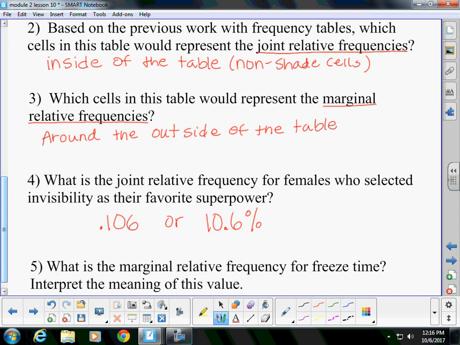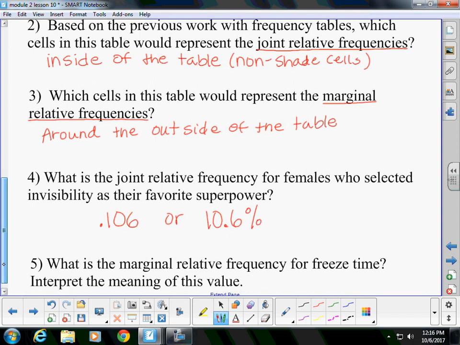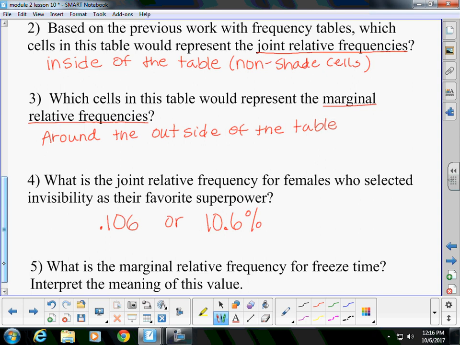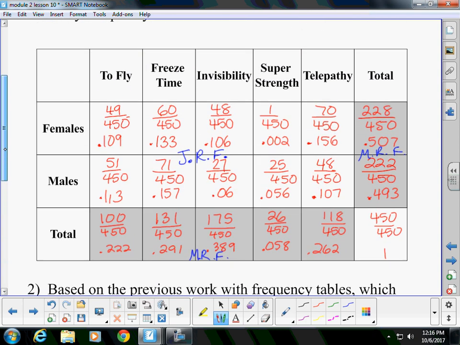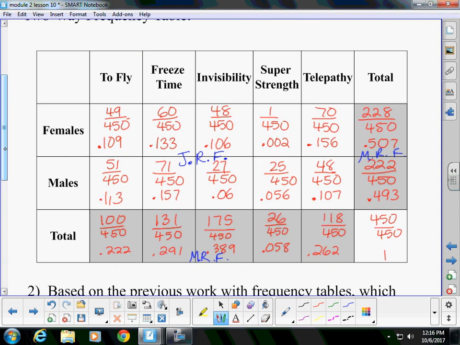Okay, what is the marginal relative frequency for freeze time, and interpret the meaning of this value. So marginal relative frequency for freeze time. Well, here's freeze time. So coming down to the bottom for the relative, that would be